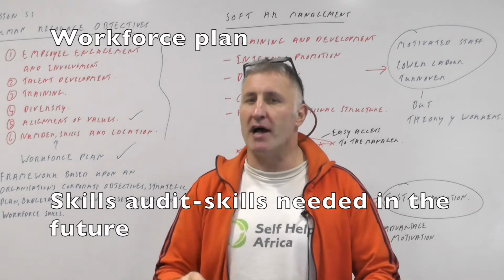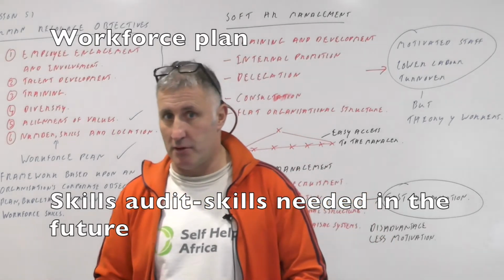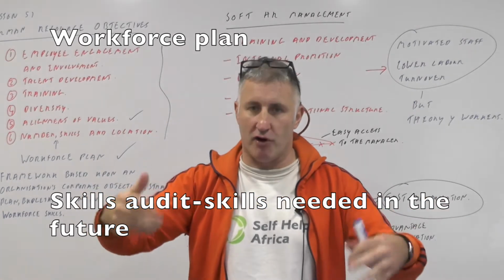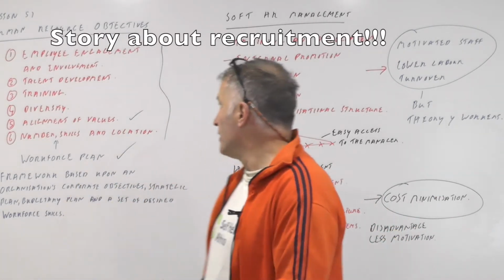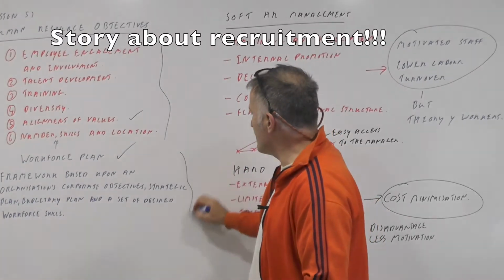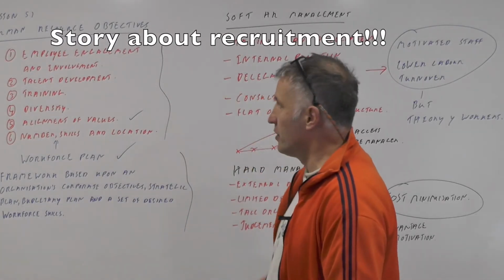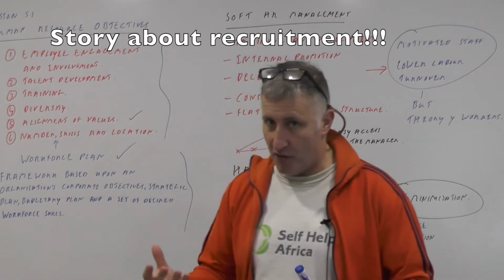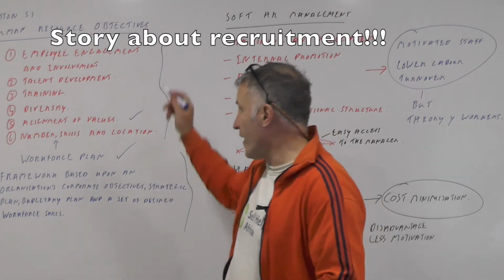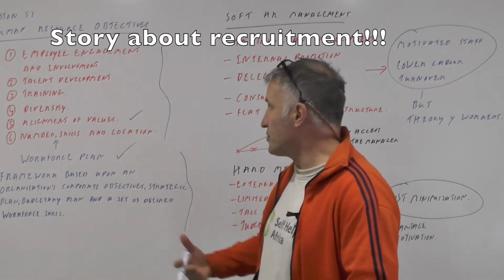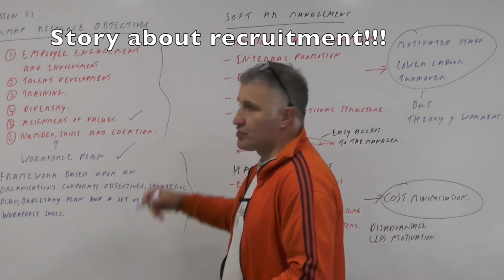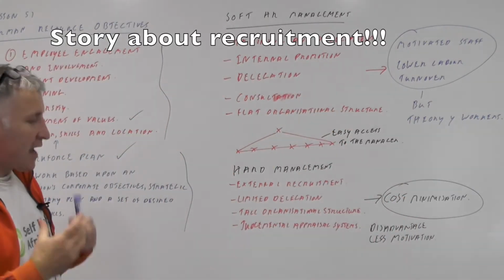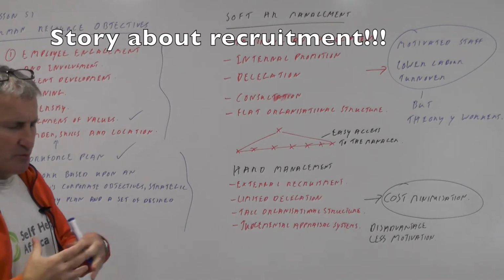Because if you get people in with the right attitude, you can then train them up. Eventually they will become good at their job, and eventually they will go out and create great food and great ambience and great customer service. So this is what this is all about. Human resource objectives: recruitment is a really, really important part of any organisation. But once you get those people in, you need to do all of these things to keep hold of those people. Then we have two types of management, two broad strands of management.